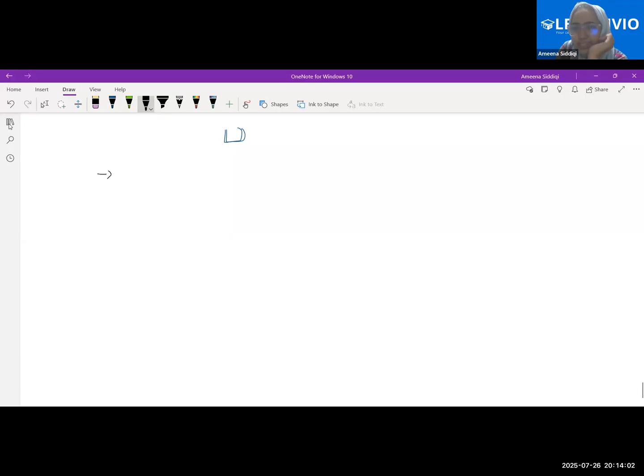Ma'am, water expands on cooling. No, ma'am, sorry. Water expands on freezing. Heating, sorry, water expands on heating. But I'm saying the condition is that the temperature is constant, so no temperature change is taking place. I think I've not discussed this. Let's quickly discuss this. Okay, which one, ma'am? I think you discussed it, ma'am. No worries. I think I've not discussed this with them. Let's quickly discuss it.